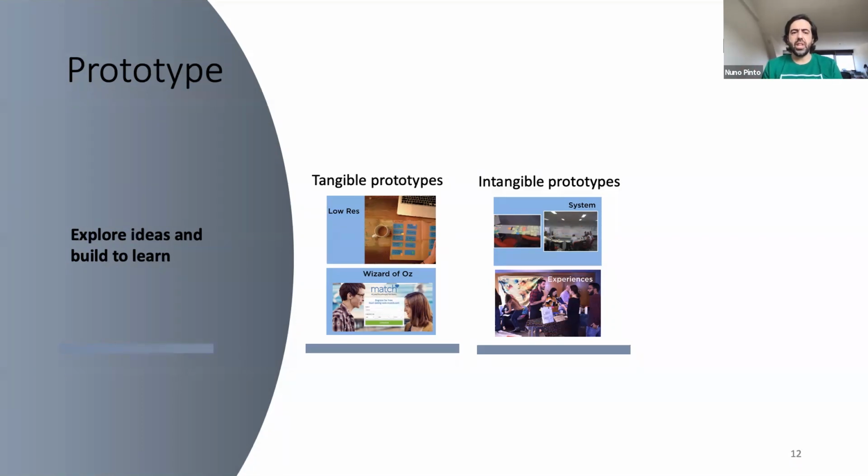So tangible prototypes is like, imagine that you thought about a website. You can build a low resolution, paper kind of UX, so you have your customers interacting with it. Or you can have what is called a Wizard of Oz, which is essentially a web page with nothing behind, but you have a field where you can enter your email, and you think that there's a lot going on in processing that email, and actually you are only collecting that email to see how the customer resonates with